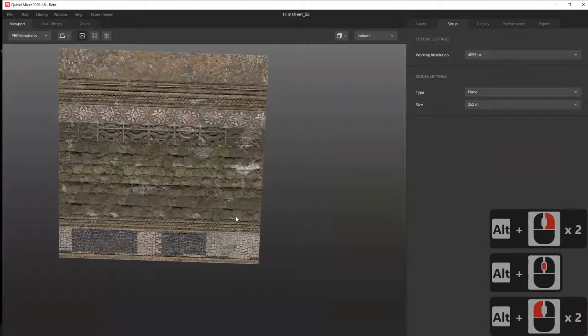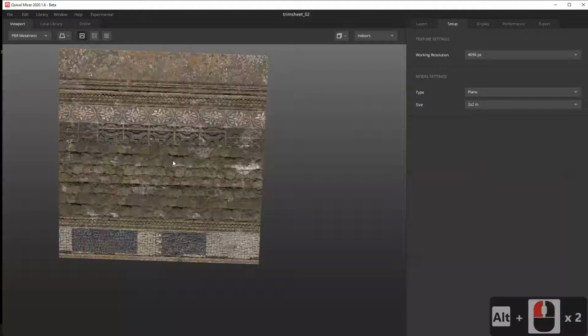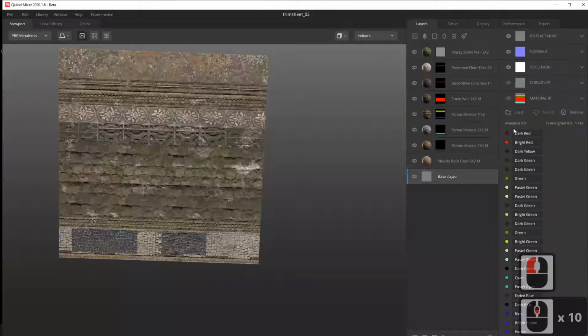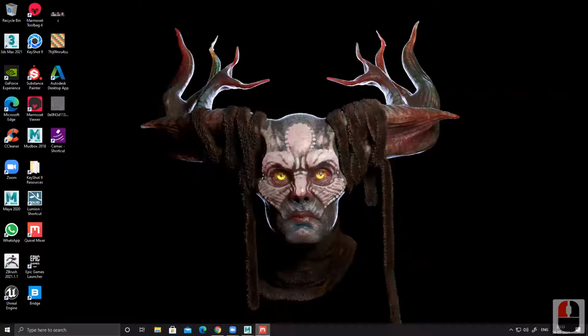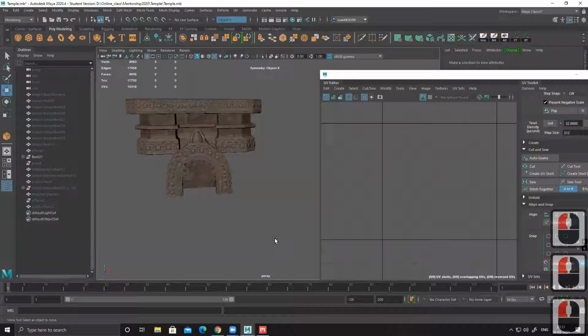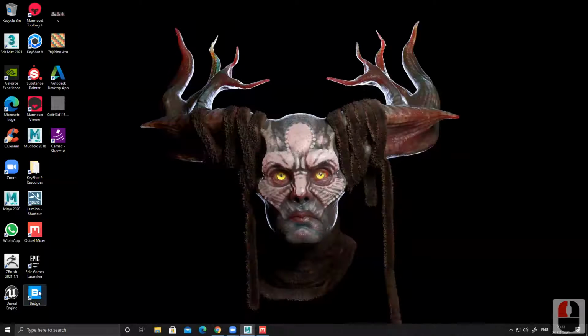To create this, you just need the planning and ID maps. If I show you one layer, you can see I have created these many ID maps. ID maps are the same thing we use in Substance, exactly the same, like color blocking just to define one section. That is my ID map. I'll show you the planning, because Substance is something we know. We can do it manually. We can import texture from Quixel Bridge. They're two different software from the same company. Quixel Bridge is blue in color. This one is Bridge, and this is Mixture.